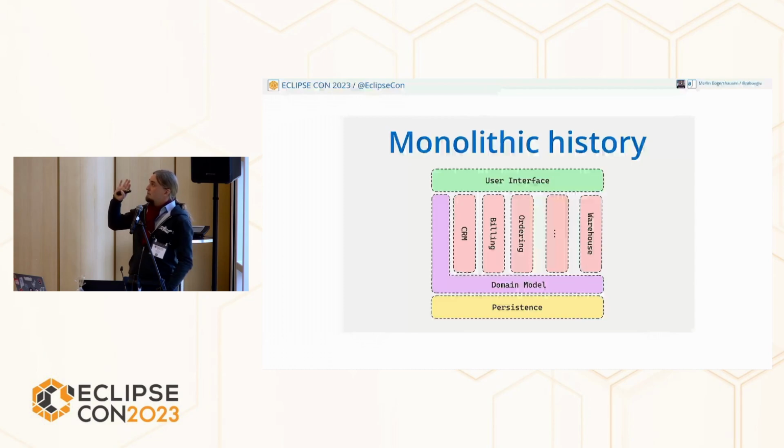And there's nothing wrong with that. We have an interface on top. We have a domain model which has cross-cutting concerns, somewhere distributed all around it, maybe modelized in one module. We have a persistence layer because persistence is everywhere the same. And we have modules like the billing, the ordering, warehouse, and there's nothing wrong with that. It gets work done.